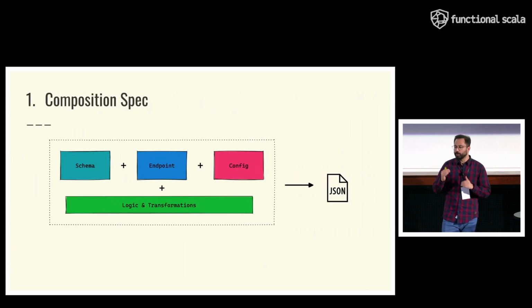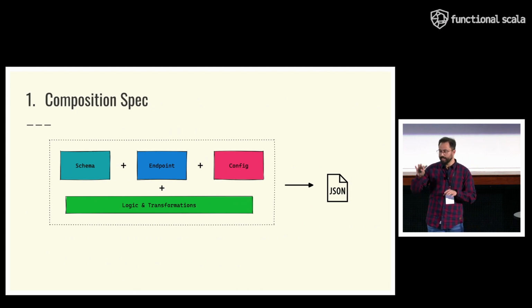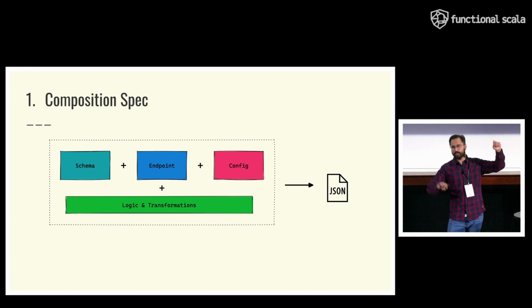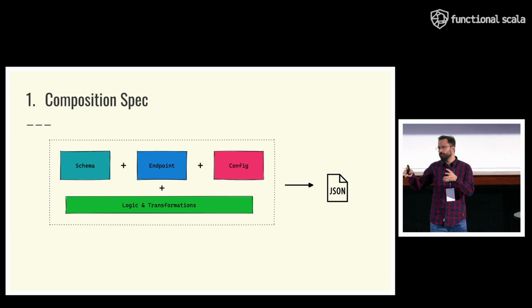At a more granular level, there's a composition spec that you have to create, like a description of how you want to compose all your endpoints in your system. The spec contains information about the schemas, like the metadata of the entities that you care about. Like in this case, there was user, there was post, and that information is the schema. The endpoint information: are you making an HTTP call? Is it a gRPC call? All that information, some configs around caching or rate limiting, and you combine it with some logic and